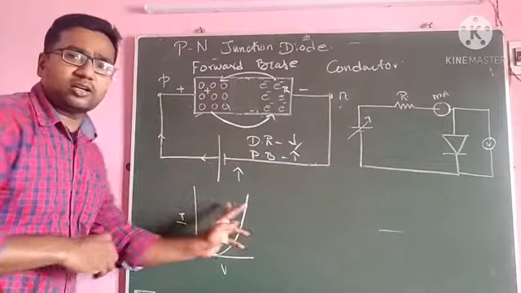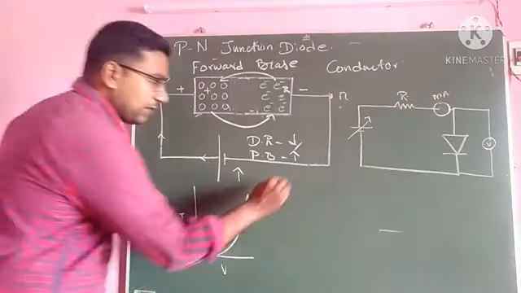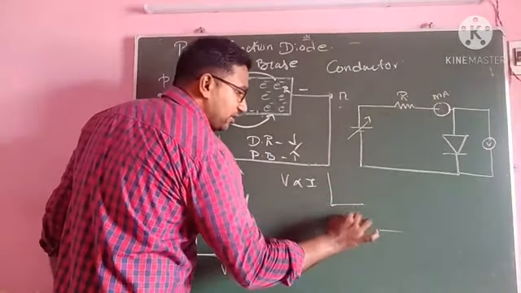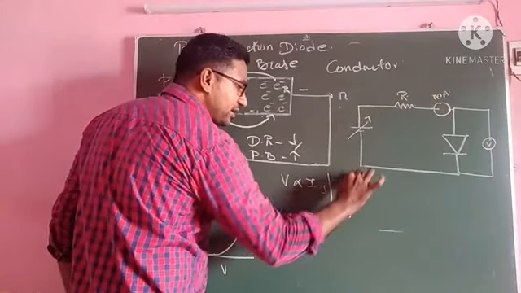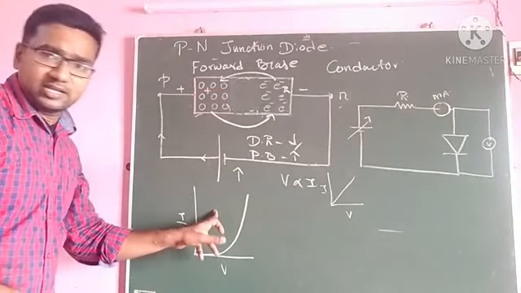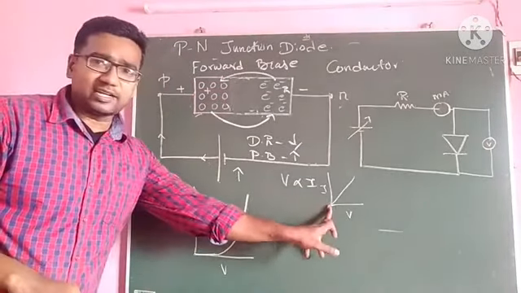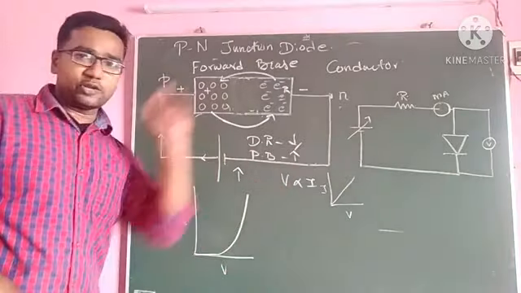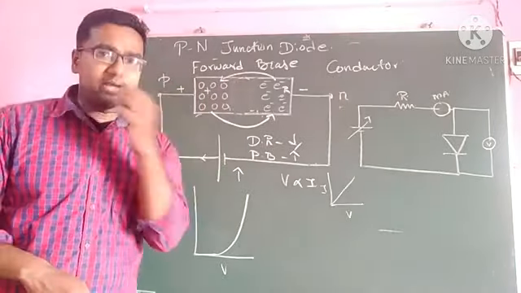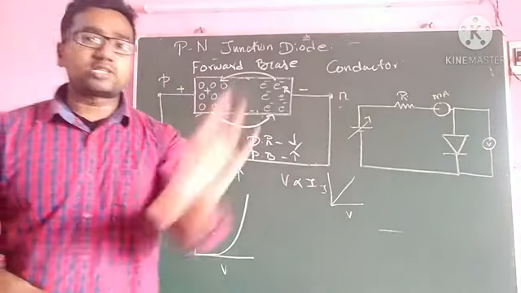This is quite a controversy with Ohm's law. Am I right? V is directly proportional to I. For any conductor, when the potential increases, current also increases. That is, it shows a straight line. But the forward bias of a PN junction diode does not show that in the graph. It creates a non-linear one. So this is the main point: the PN junction diode in forward bias does not obey Ohm's law.